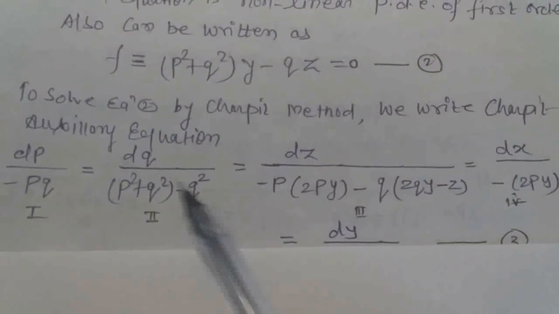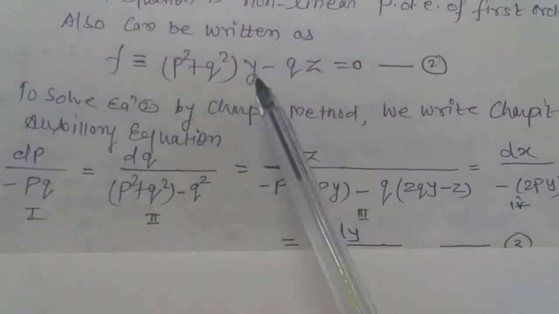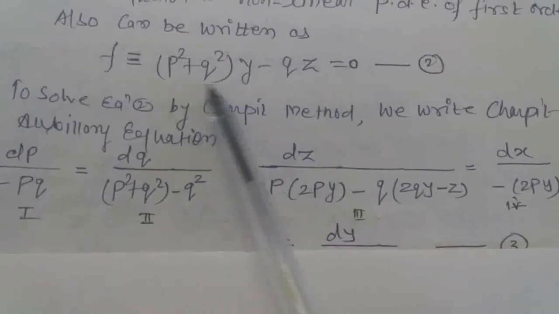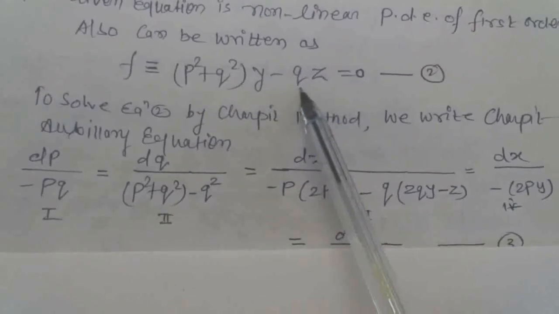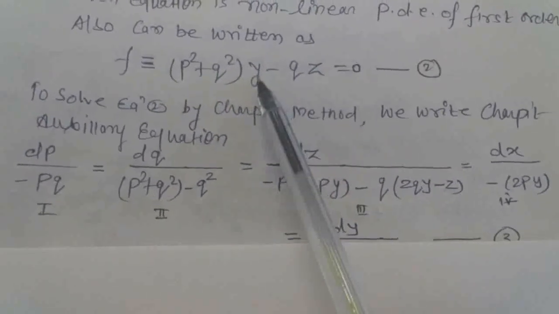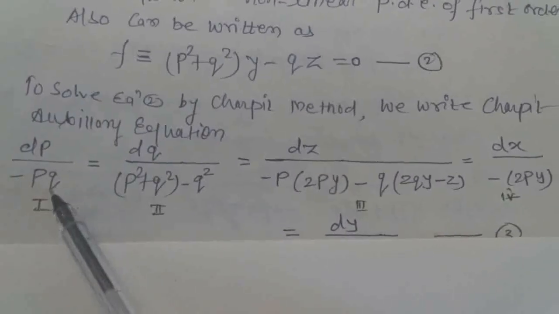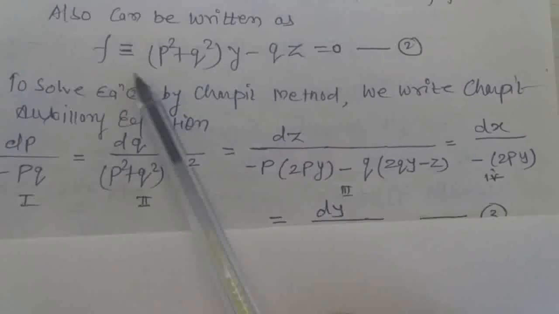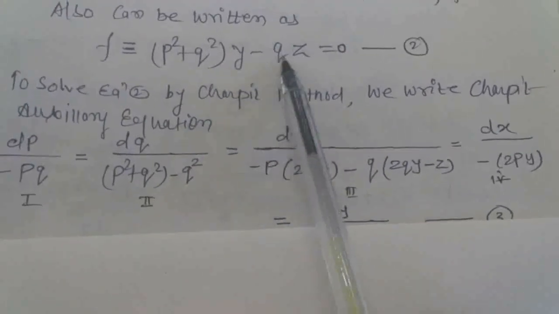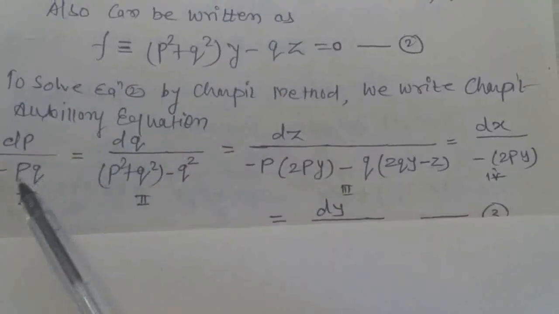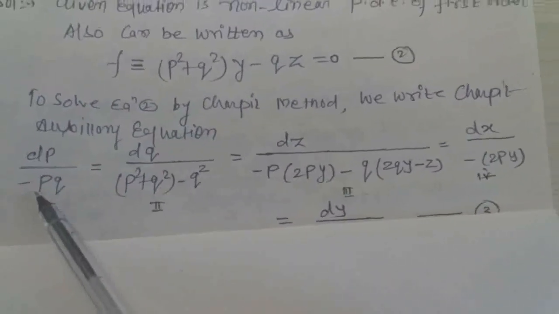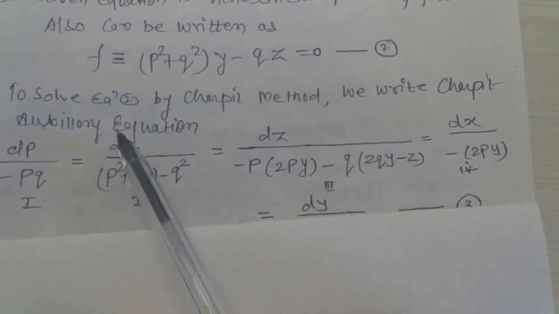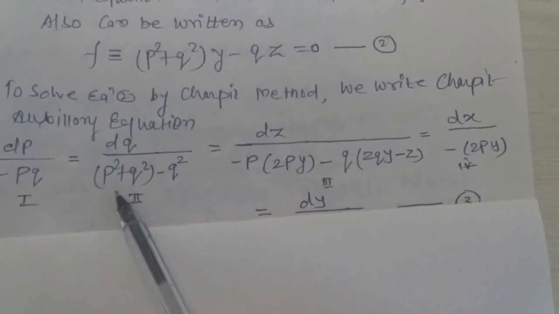Del f by del x is the partial derivative of f with respect to x. There is no x, so this whole expression is constant with respect to x, and therefore del f by del x is 0, plus p del f by del z, the partial derivative of f with respect to z. So we get minus q. So we finally get dp upon minus pq